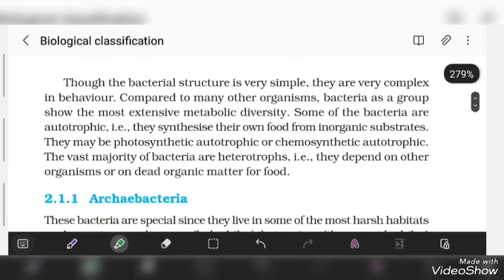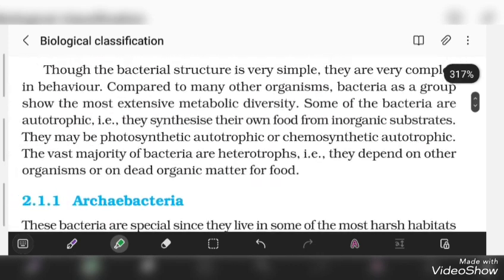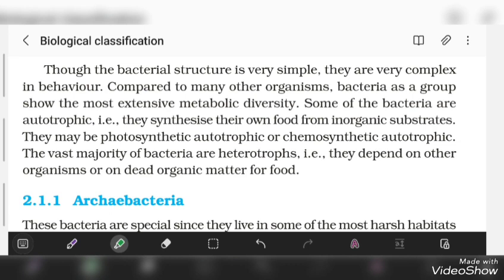Though the bacterial structure is very simple, they are very complex in behavior compared to many other organisms. Bacteria as a group show the most extensive metabolic diversity. Some of the bacteria are autotrophic,